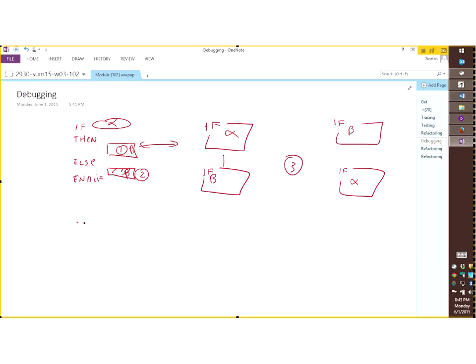Well, you could have also if condition beta, then alpha would be right here, so that would be another possibility. Else, alpha would be here, that would be a second possibility. Okay, if you want to go exhaustive, thinking about everything that can happen, these are all your choices with two if statements. So that's a bunch of choices, okay?